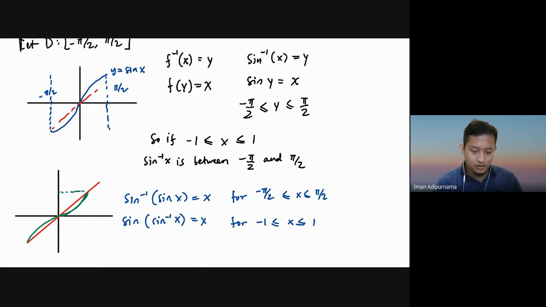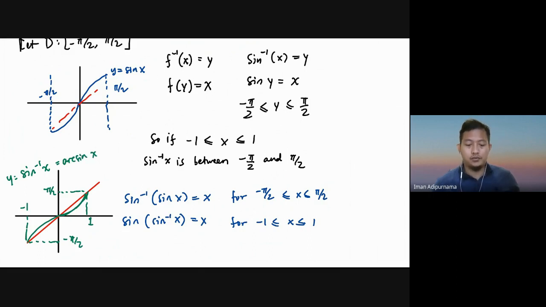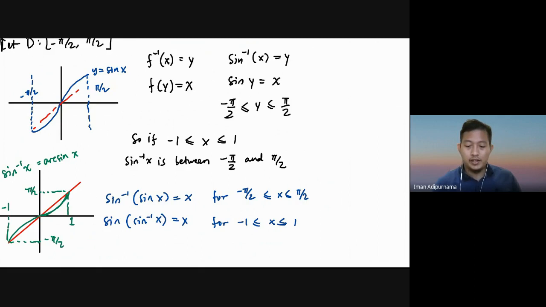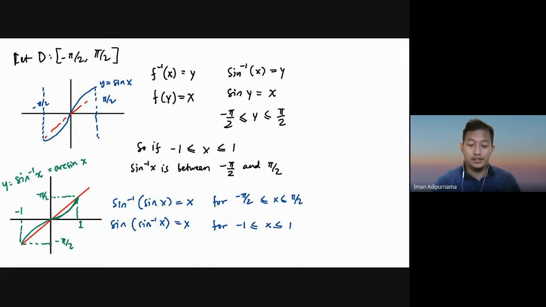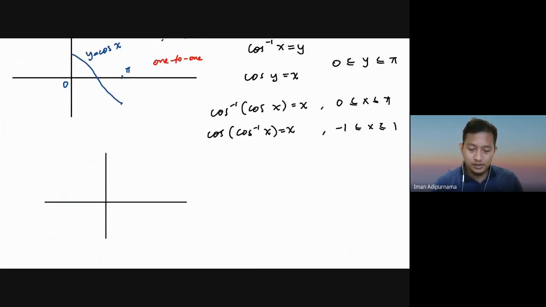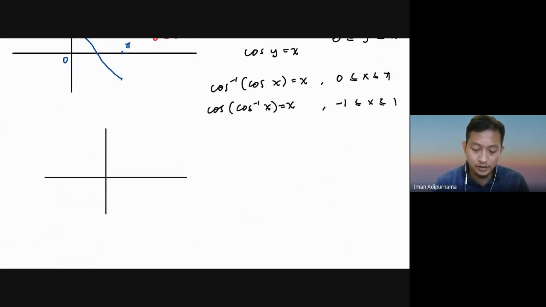So this is pi over 2. This will be negative pi over 2. This will be negative 1. And this will be 1. This is sine inverse x. Okay. Or we can say, if you like, it's arc sine x. We can also say with those terms. Okay. But for me, I prefer the sine inverse. Okay. For the cos inverse, cosine inverse,